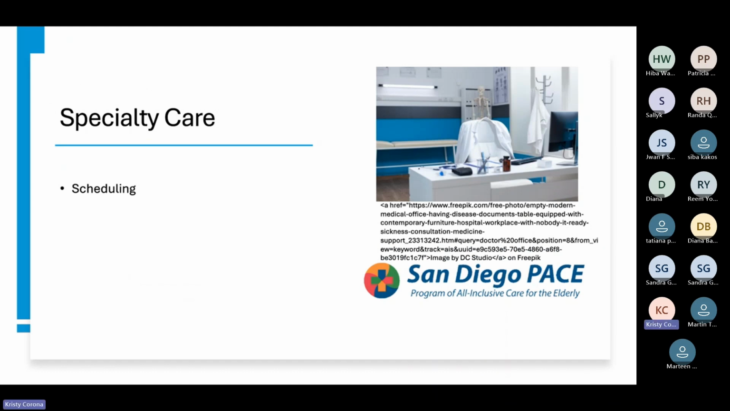Now with specialty care, the way we coordinate and communicate would be in scheduling. We can't just tell a participant that we're referring them to hepatology and we don't give them a phone number or we don't schedule them. For the majority of our patients at PACE, we tend to schedule the appointments, we handle the authorizations, we handle the scheduling. We kind of do all of that for them and then we just connect with them to relay